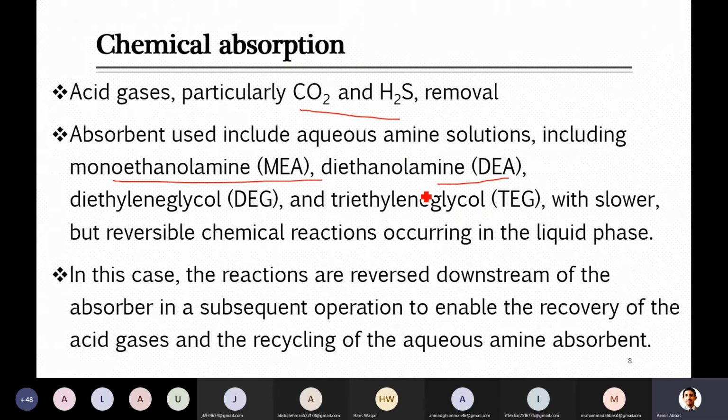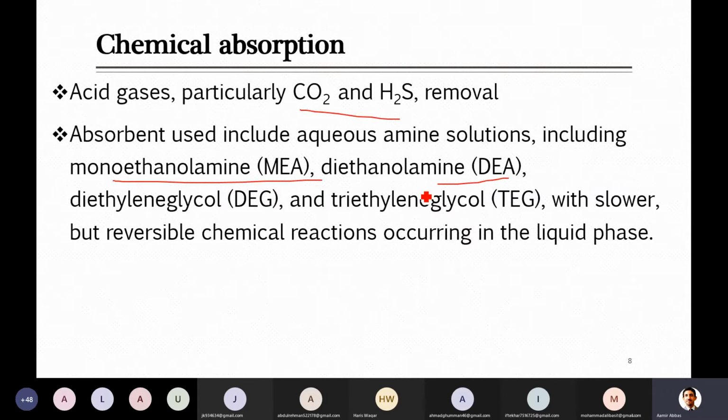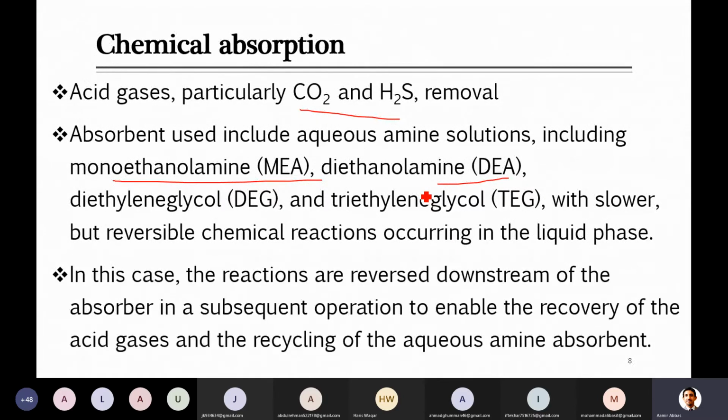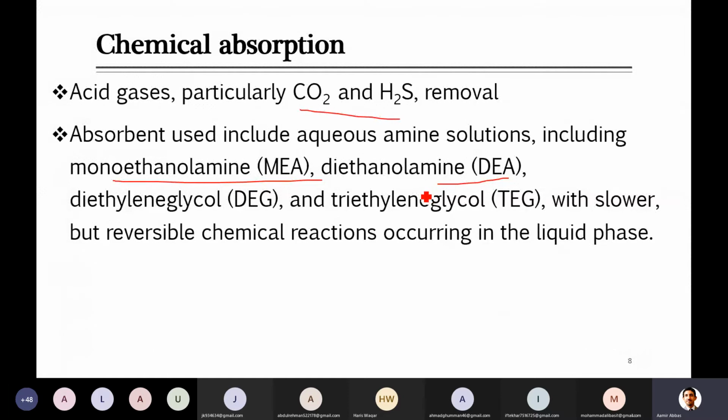Although these will be slower reactions compared to the reactions of acids and bases, it is better to recover those solvents and reuse them. Here is another point I want to tell you. We studied that MEA and DEA give reversible reactions, and we can recover the solvent and bring it back, so you might say you are only going to use them. No, this is not the answer.